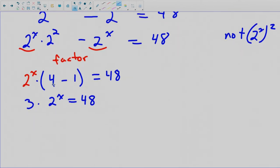Okay, I know the 3 is second here, but usually we write coefficients in front of things with variables in them. Okay, and then we divide by 3, and I'm going to let you finish that one off. Okay? Somebody's already, I think, given the answer in the chat. So